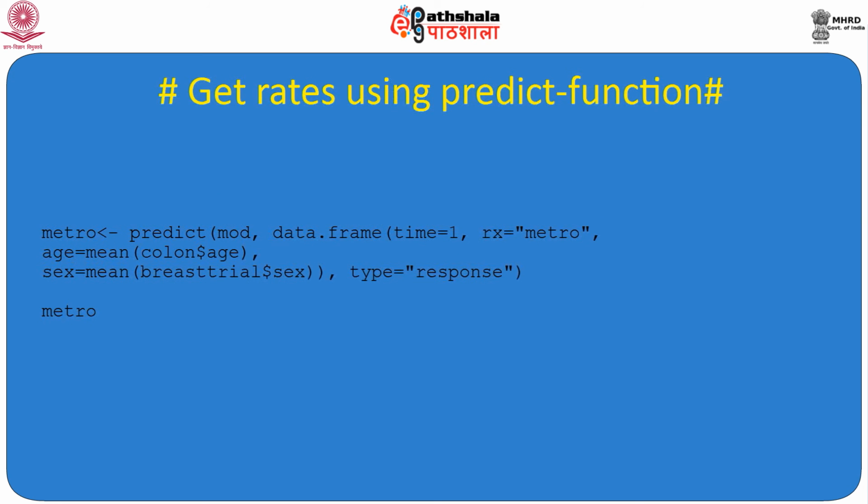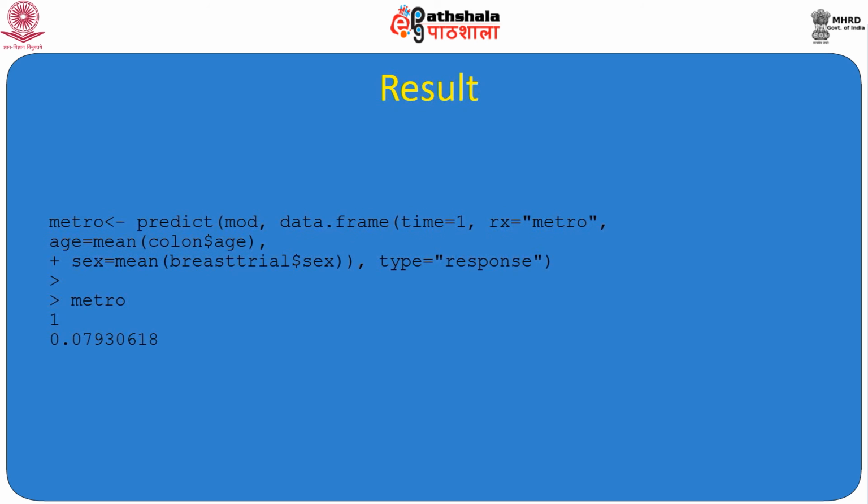Now we are generating this predicted value for the metro arm's term. Again predict of mod data dot frame is used, time equals to 1 is considered, Rx equals to metro is considered here, age of colon age is considered. It's a type of mistake, it should be mean of breast trial age, and sex equals to mean of breast trial sex, and type is response. Then we will get the incidence for metro,